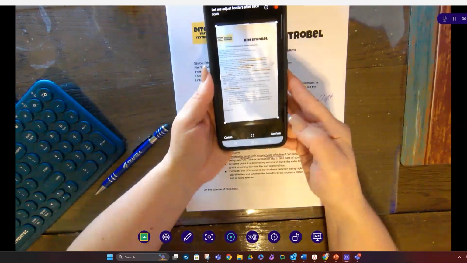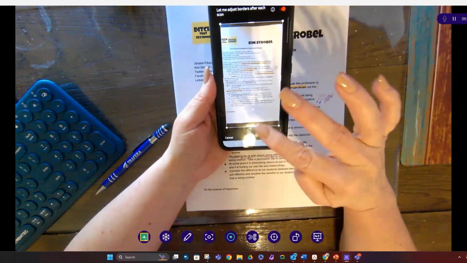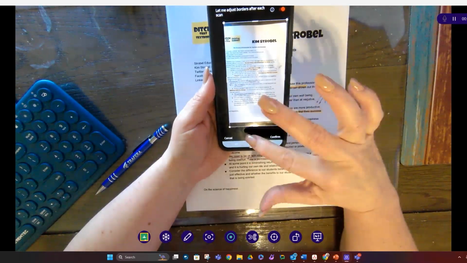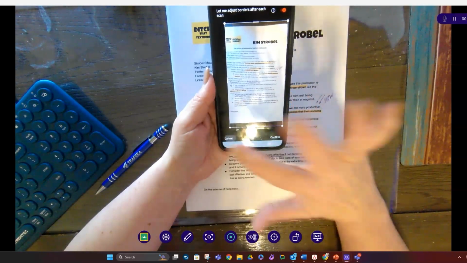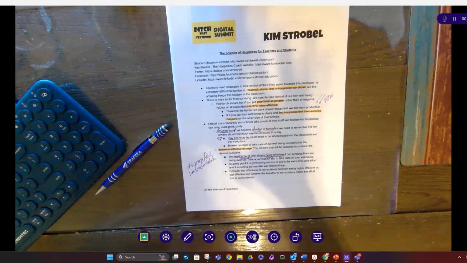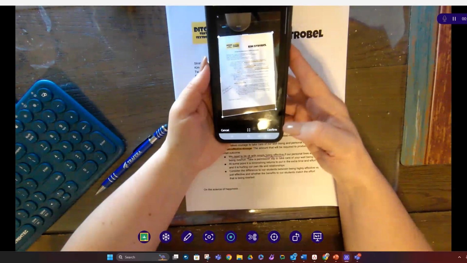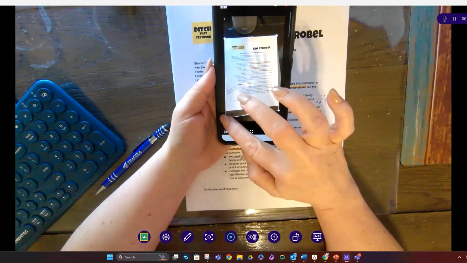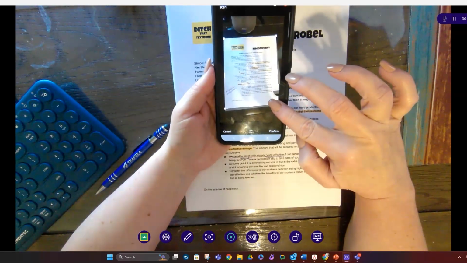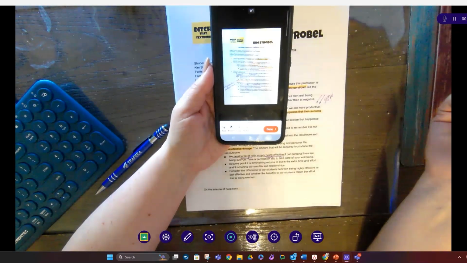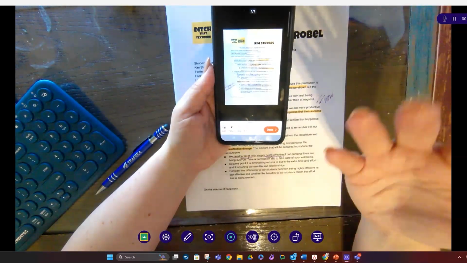Now I grabbed a copy of it, and if you see right here, it does not have that edge right there. It cut that off. So I'm going to cancel, and I'm going to do this again. I'm going to try to get everything. All right, let's see. Yep, see? Now, if you'll notice, it's kind of askew, right? So I can pull in those edges, those boundaries, and when I hit confirm, it's going to write itself for me